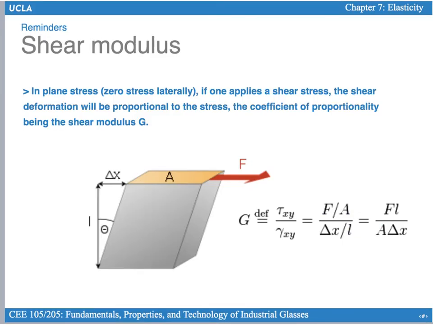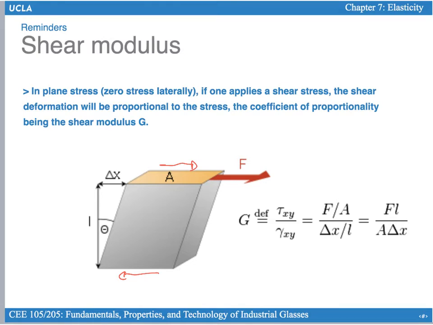The next parameter that is useful is the shear modulus. The shear modulus captures the resistance of a given material to shear deformation. So in this case, you are not applying a normal force, a force that is normal to the surface. What you are doing is to apply a shear force. You apply a force that is within the surface, that is tending to shear the material, to change its shape